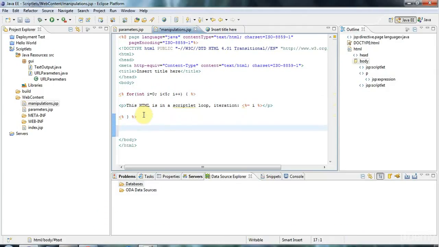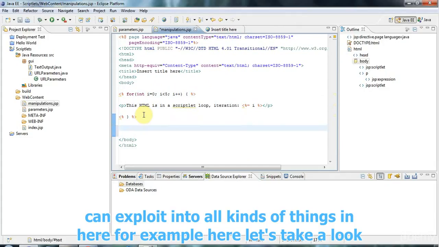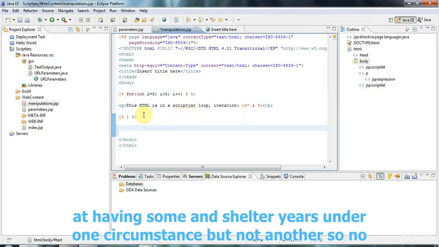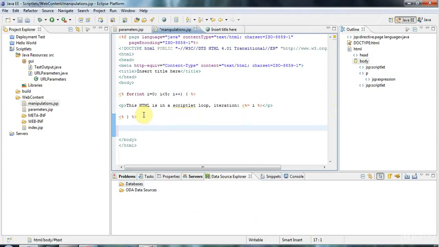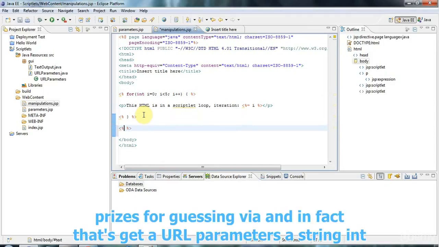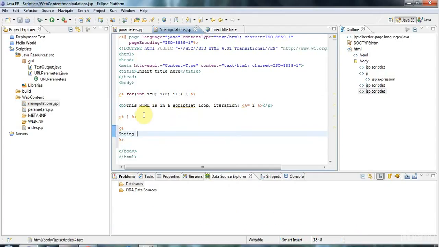So you can see this is very flexible. You can do all kinds of things in here, and I'm just going to show you one more example here. Let's take a look at having some HTML that appears under one circumstance but not another. So no prizes for guessing, I'm going to use an if here. And in fact, let's get a URL parameter. Let's say String